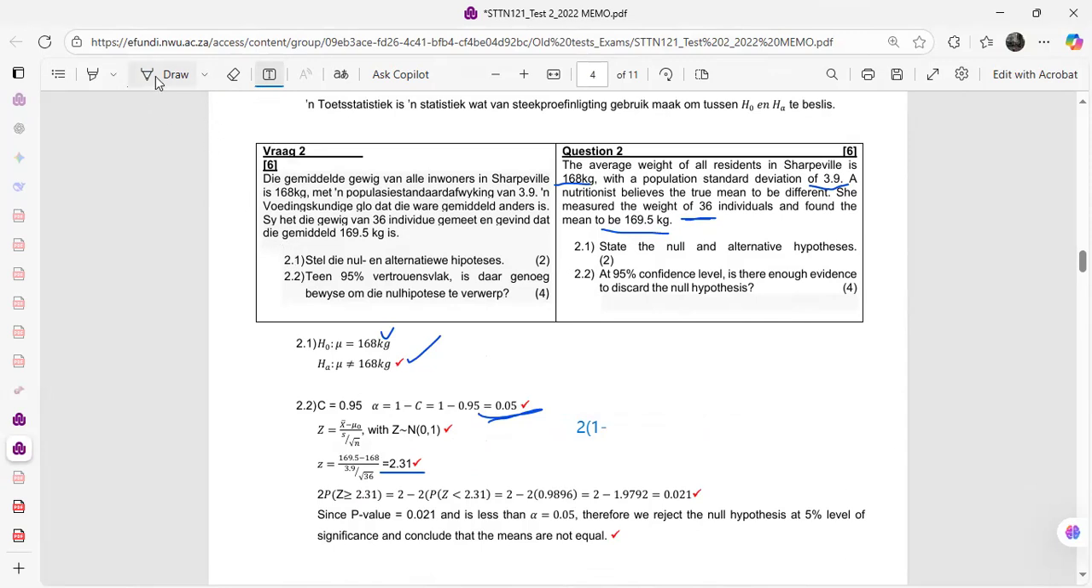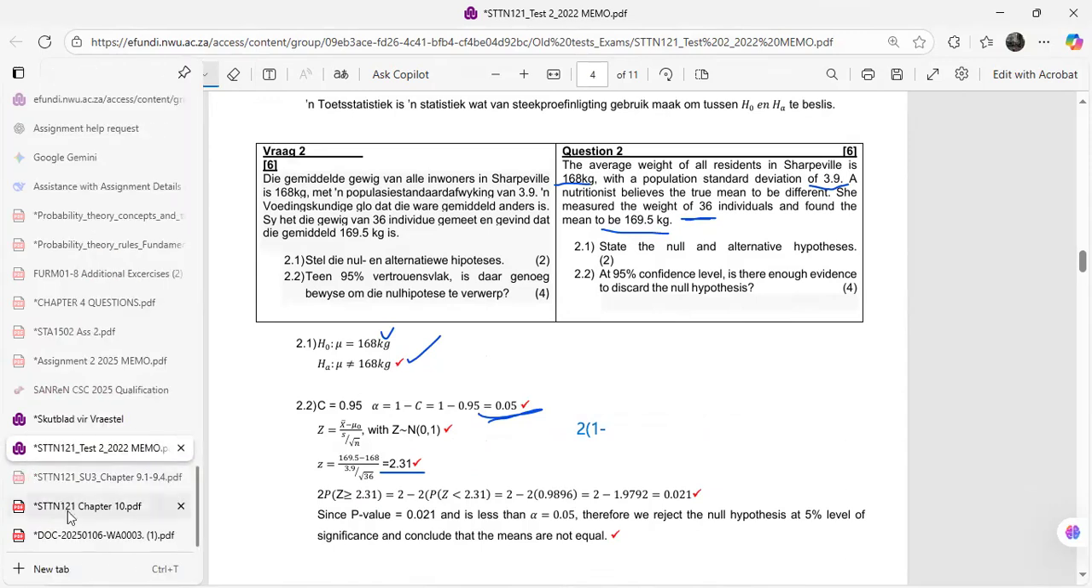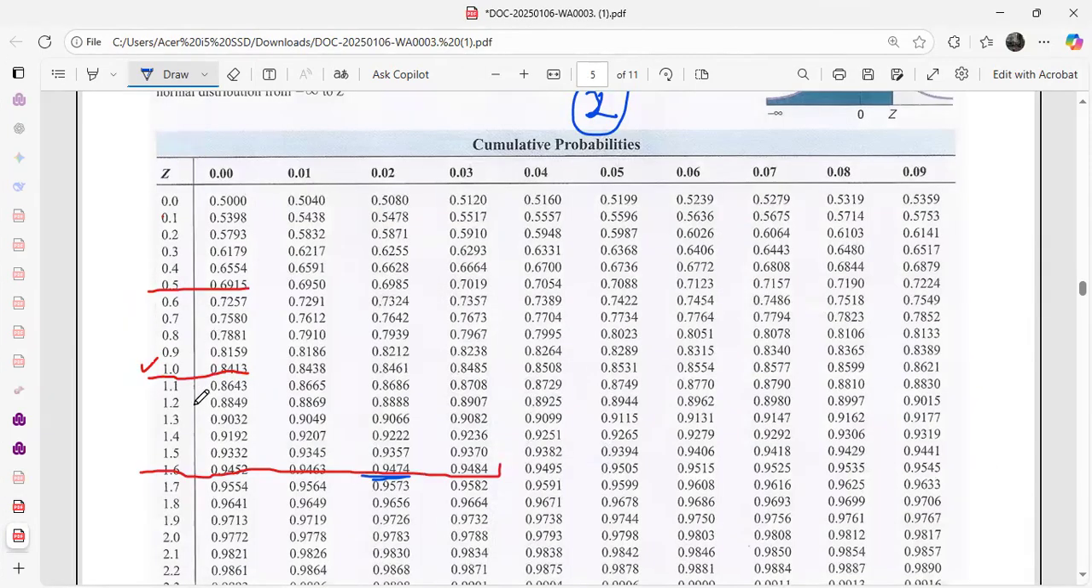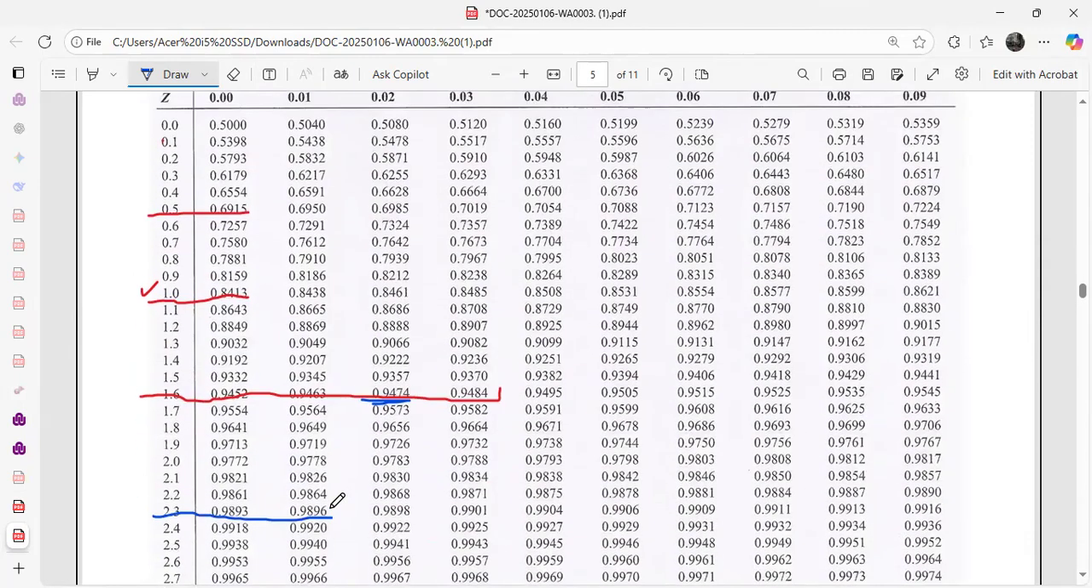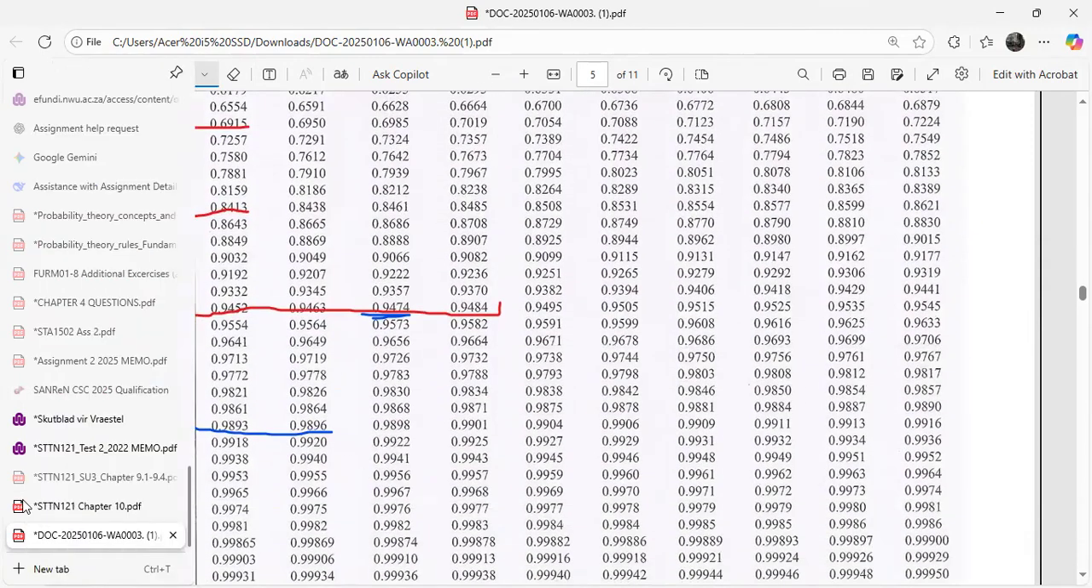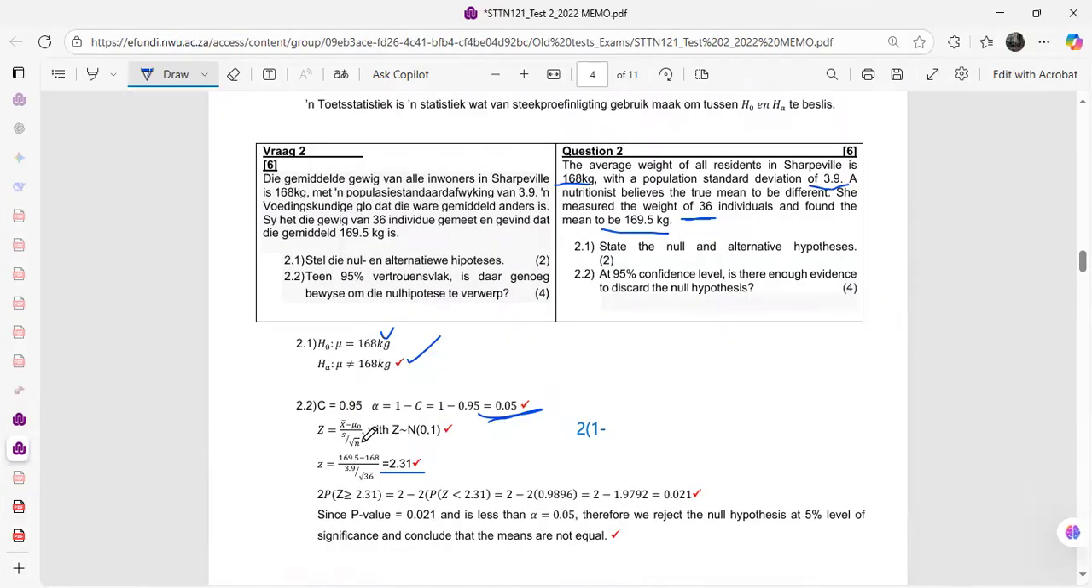The last digit is 1, so you check under 2.3 and under 0.01. This is 2.3, 0.01. So it's 0.9896. Then you punch this on the calculator: 2 into 1 minus 0.9896. And then you'll get